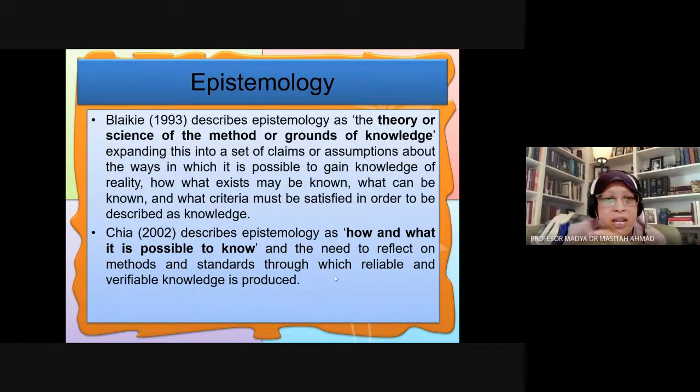The theory that comes out from Blakey is also most simple, and it's easy for us to understand. Blakey 1993 described epistemology as the theory or science of the methods or grounds of knowledge, whereby we expand this into a set of claims or assumptions about the way in which it is possible to gain knowledge of reality. So how what exists may be known, what can be known, and what criteria must be satisfied in order to